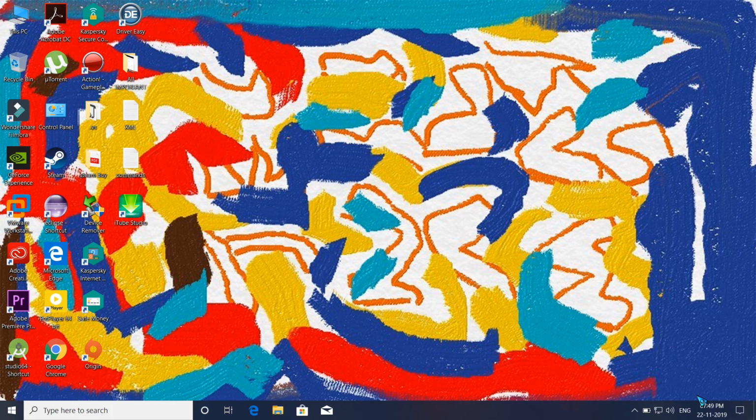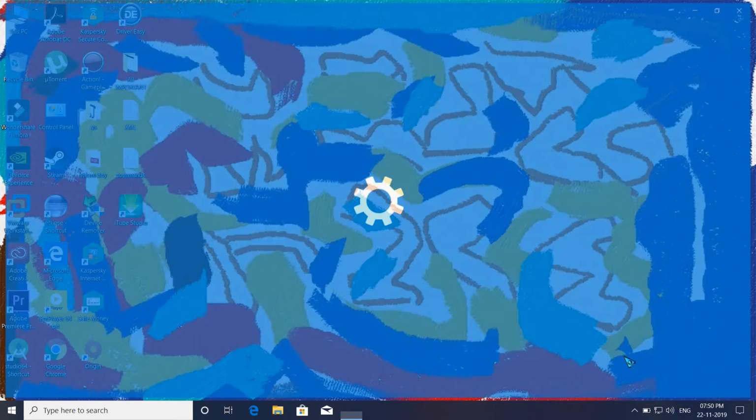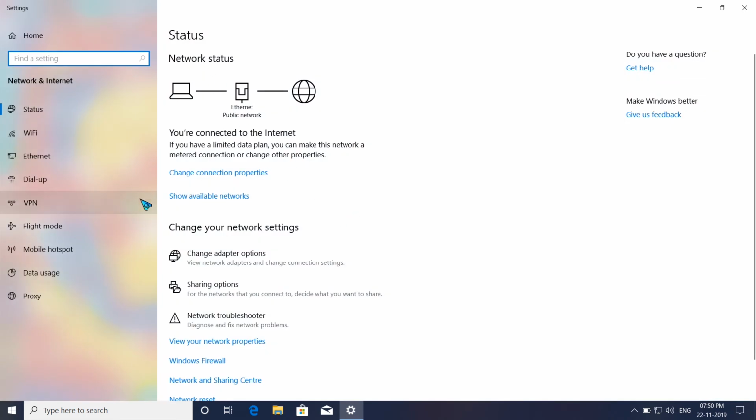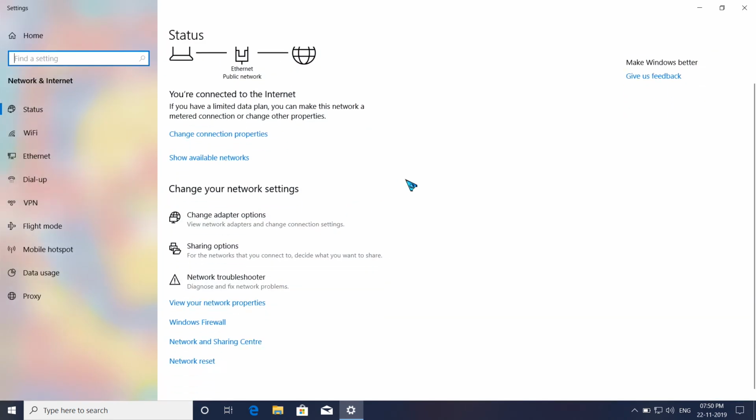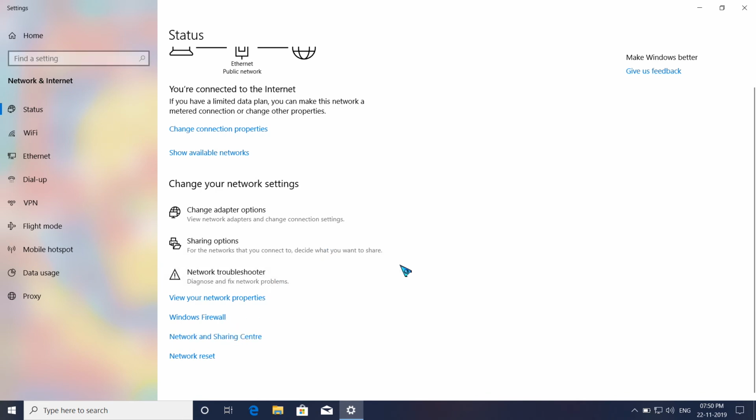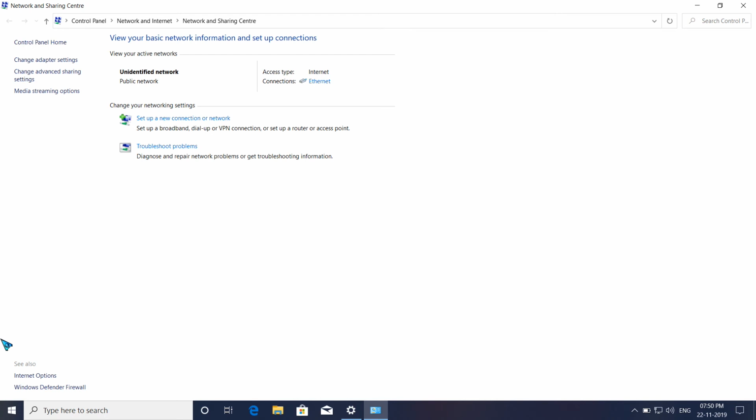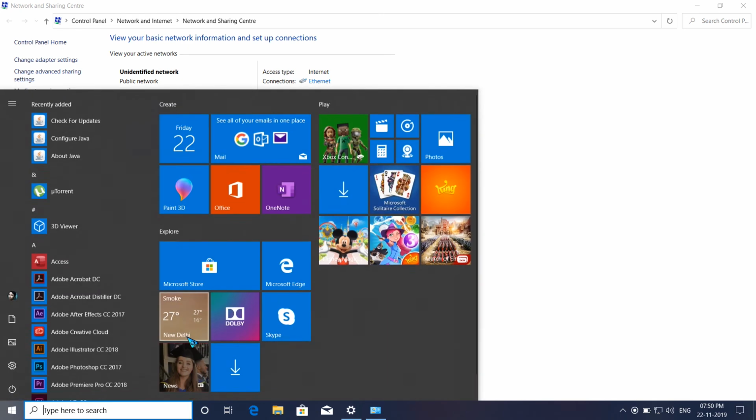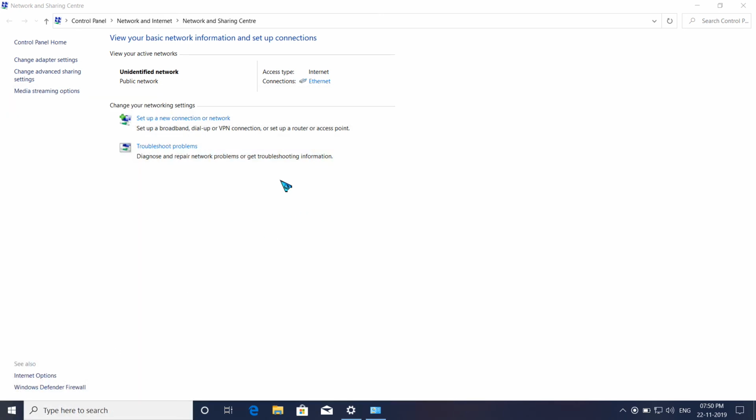So after inserting the LAN cable into the LAN port, the icon will appear here. Just right click on it and select open network and internet settings. Whenever you set up your internet the first time, a cross sign will be here. Just scroll down below and select network and sharing center. You can also access the network and sharing center from your control panel, as well as from the normal Windows search. After that, make sure that the access type connection Ethernet is detected here. Whether you are connected to the internet or not, Ethernet should be detected here. If it is not detected here, then your computer has some kind of issue.